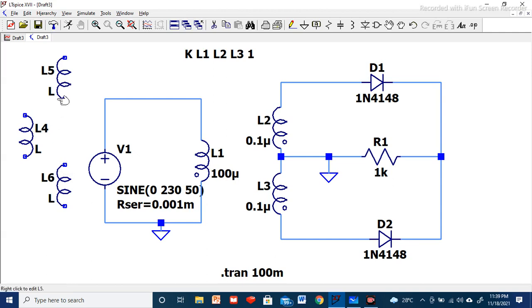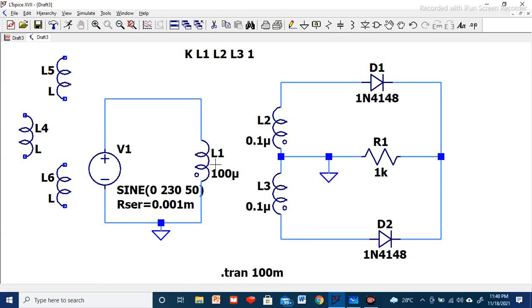Okay, so when you press Ctrl E, then these three will be in phase. When they are in phase, the coupling between these three inductors we can define as 1. I'll tell you how to define these coefficients, the mutual coupling between these inductors. And why are we going for all these inductors? Because in LTSpice, we don't have the transformer representation in the library for this version. So I'm taking the help of these inductors and will be showing you how the transformer concept works for the center tapped full wave rectifier.